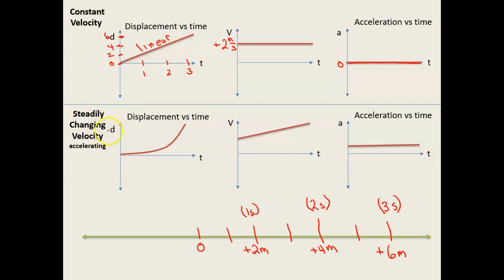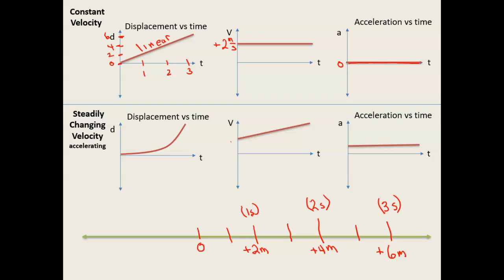All right, what's our other motion? Our other motion is a steadily changing velocity. Okay, so that's when we start out at some velocity, but then we speed up steadily or slow down steadily to a greater speed or a lesser speed. All right, so in this situation,